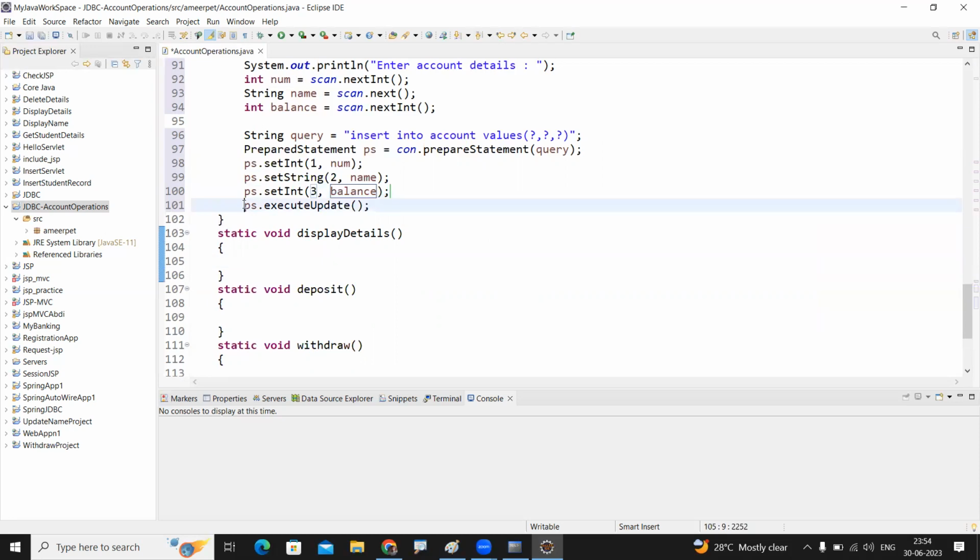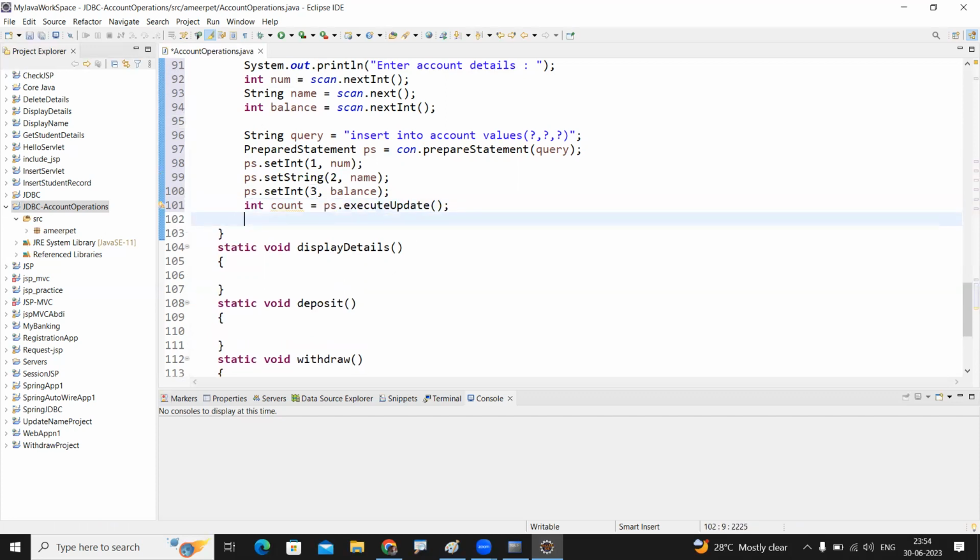So once we call executeUpdate method, because insert is an update query, it will just return how many records updated. If count is 0, no records updated. If count is more than 0, some of the records updated. So giving that, if count is greater than 0,